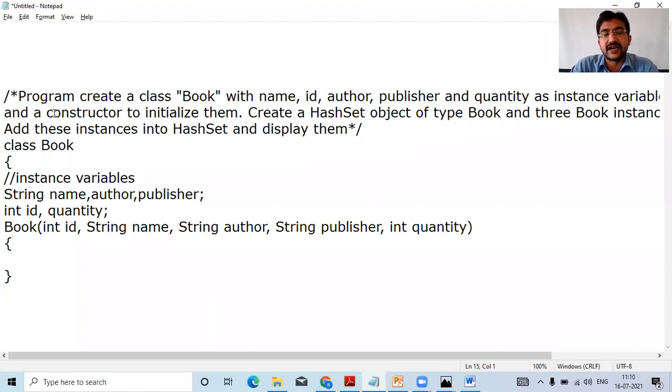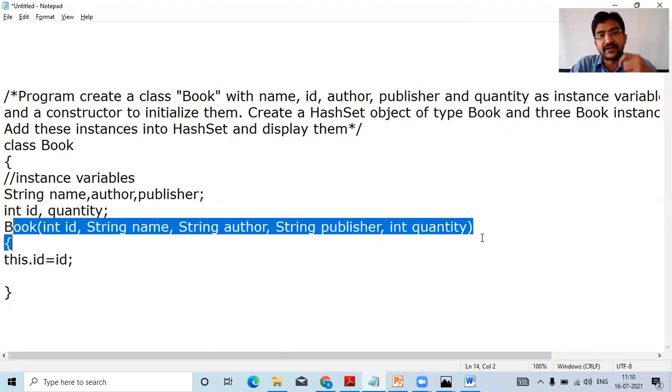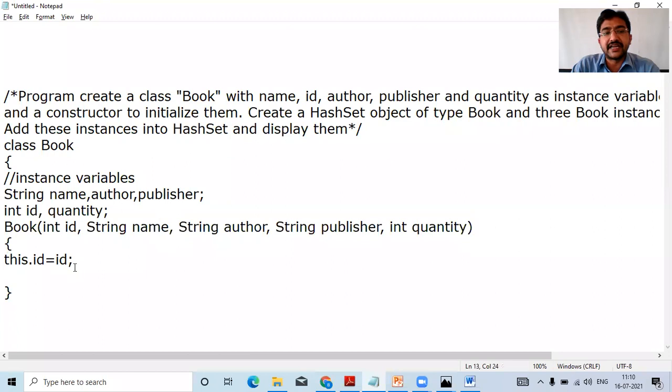Now for this constructor, we have to initialize them. How to initialize? With the help of this. This dot ID equal to ID. Whatever constructor we call from the main method, for that constructor it is going to initialize.